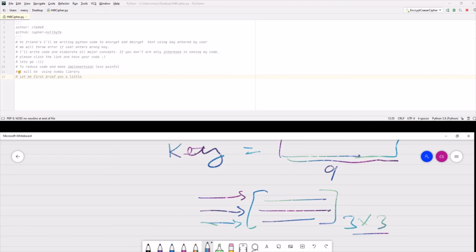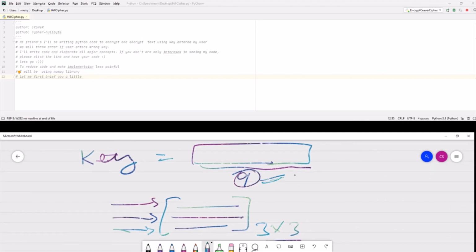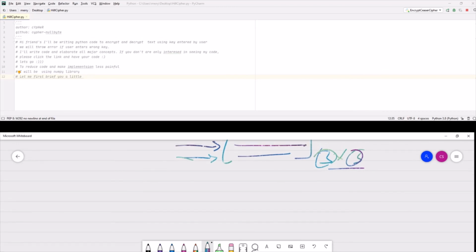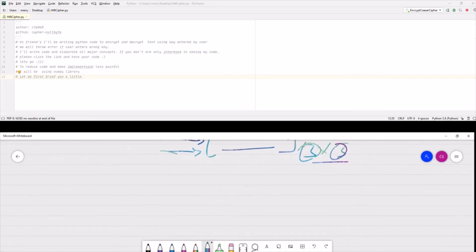So we are trying to validate if any encryption is possible with this given key, and it is only possible if its length is a square of a number. Suppose our key has a length of 5, then it is not a square of any number. We can't express it in n cross n form. That is an invalid key. So we will be printing an error if the user inputs a key that is not